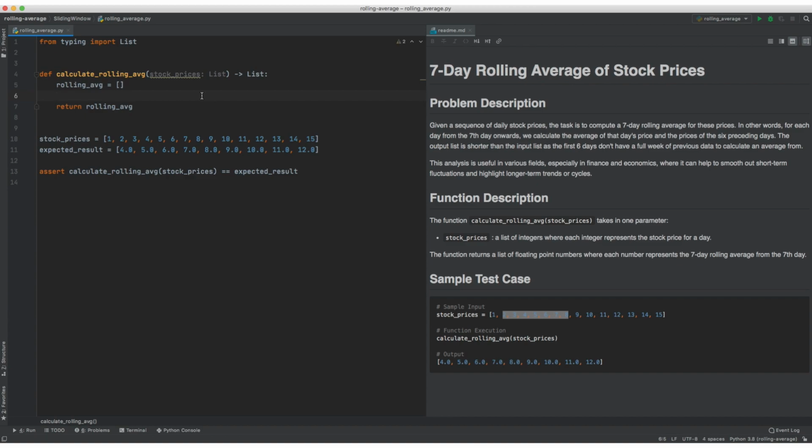In this problem, we're going to calculate the 7-day rolling average of stock prices. So we'll be given a sequence of daily stock prices, and then we want to take the 7-day rolling average for these. We can look right at the sample test case and get a good idea of what's going on. If we look at the first 7 prices, which are just in sequence in order, the numbers just add 1 so that it's easy to compute and look at the output,